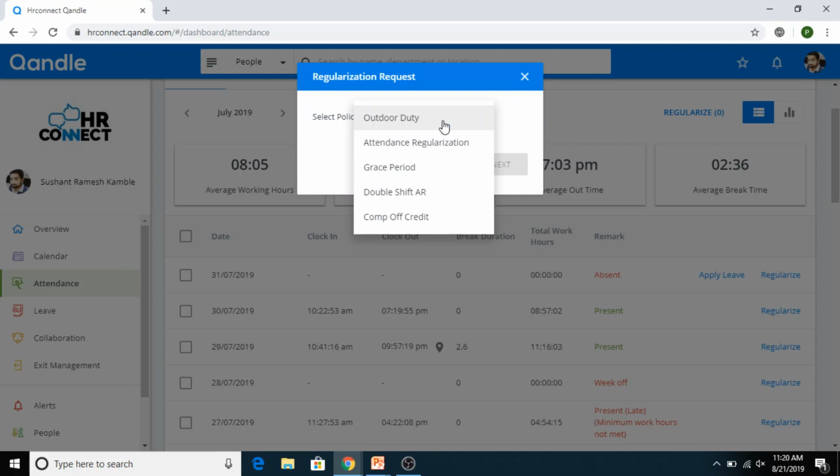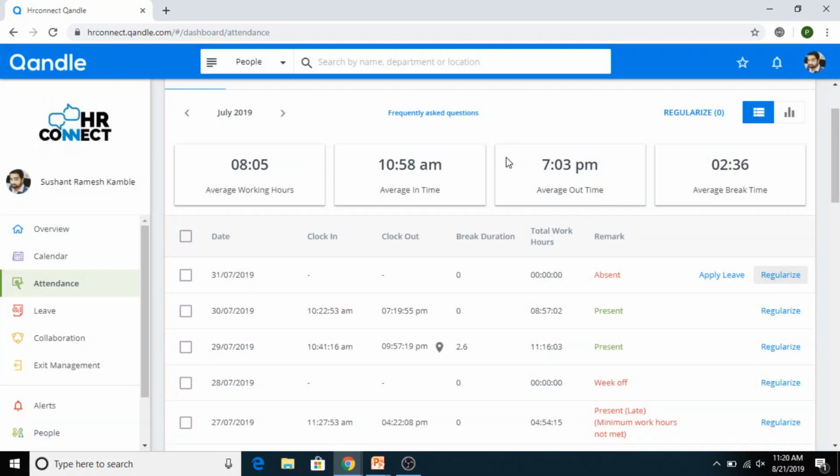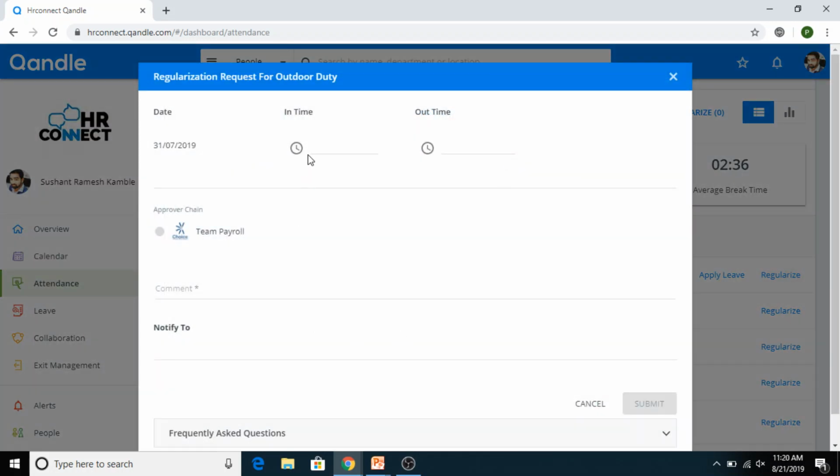So either you are on outdoor duty the whole day, so you went for a client location, or you were at a different branch and you want to mark an OD. So in this case, I could choose an outdoor duty and I can do next. Now the moment I do next, it takes me back to the same page like we had seen in our last video, and it can just simply apply this, and you could do 7 p.m. Make your comments, visited, let's say the